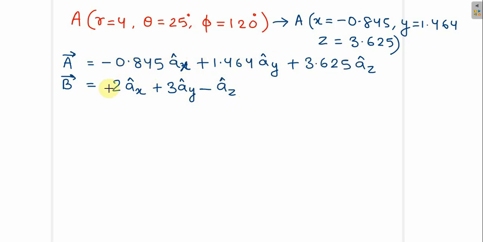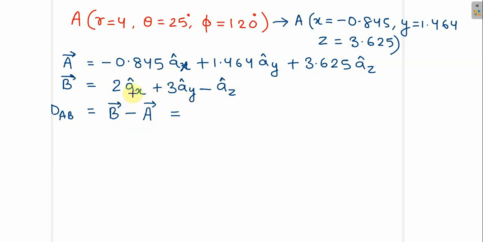Now if we want to calculate the distance between the two, let's say DAB. DAB is the distance between these 2 points A and B. So you know that if we have to calculate the distance, then it is the position vector of the second point minus the first. Okay, so it will be just like B minus A. In this way we will get the result in the vector form, and then we can calculate the magnitude.